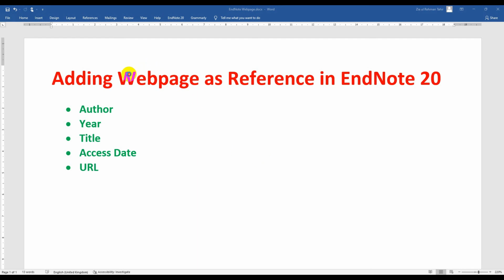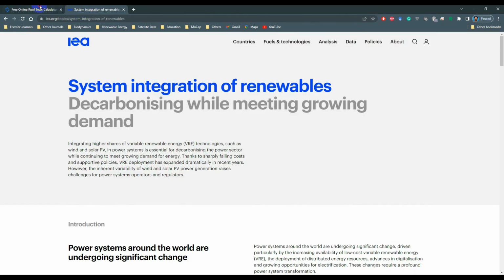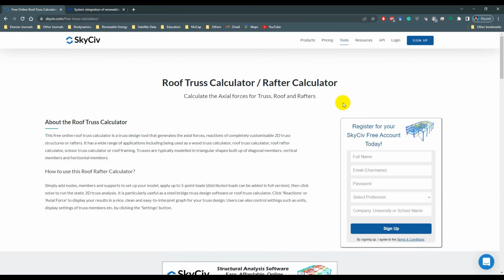So this tutorial is about adding a web page as a reference in EndNote. What's the minimum requirement for a web page as a reference? That is author, year, title, access date and URL. So here, there are two websites, and from these websites I want to add these two web pages